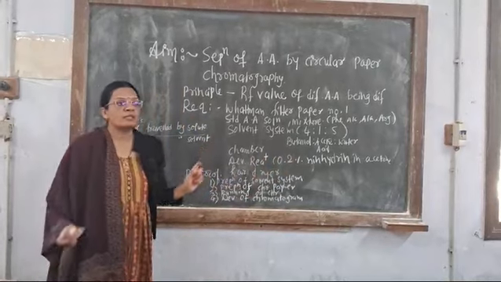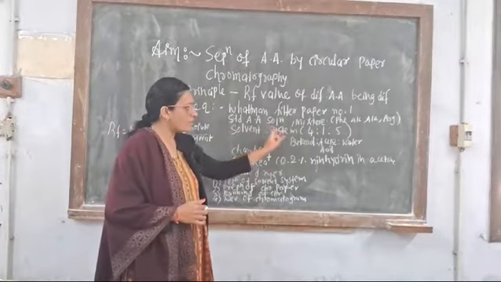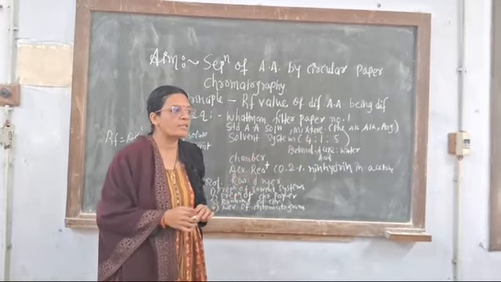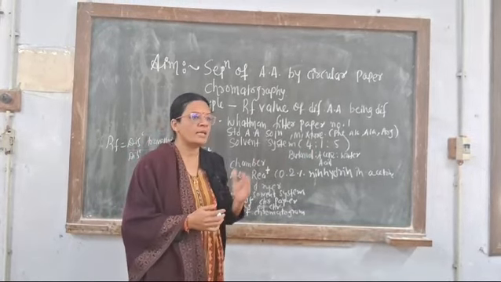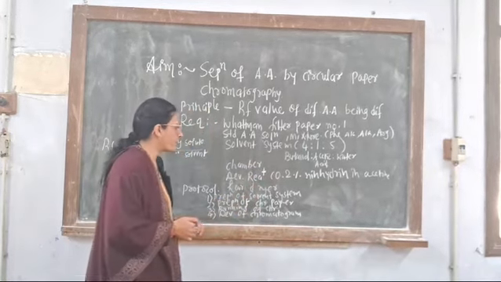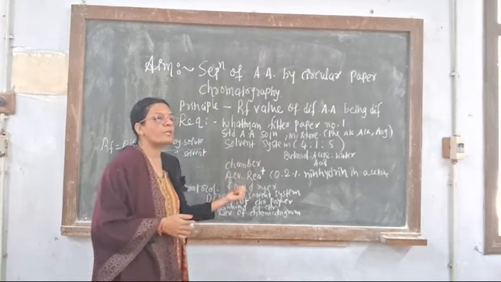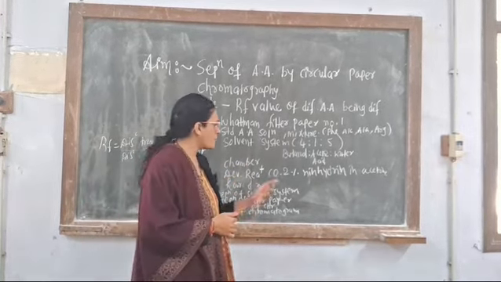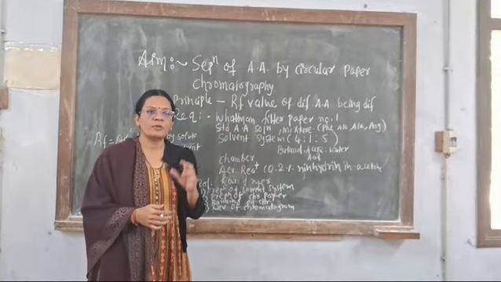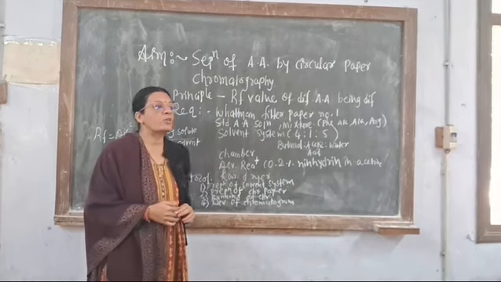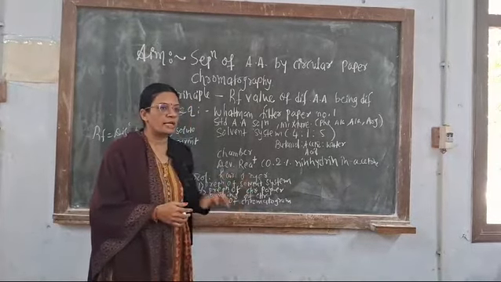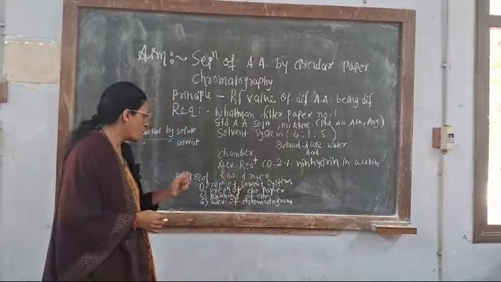Okay. The solvent system: first mix all of this vigorously, shake it for 5 to 10 minutes. The upper phase is used as the solvent system and the lower phase is used to saturate the chromatographic chamber. Then the developing reagent: here amino acids are there, so the developing reagent is 0.2% ninhydrin prepared in acetone. If our sample is carbohydrate, then the developing reagent is 1% KMnO4. Okay. Then a hair dryer to dry the standard amino acid solution spots.